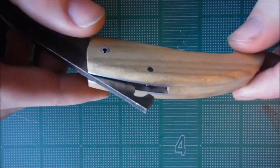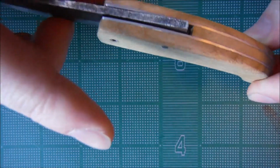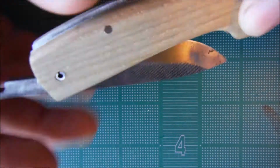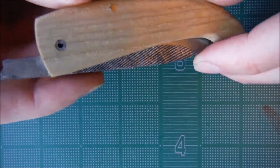And since these are just pins, I can't really adjust how tight this is. So right now it's fairly smooth and easy to move, which isn't really good because it can open in my pocket easily. But